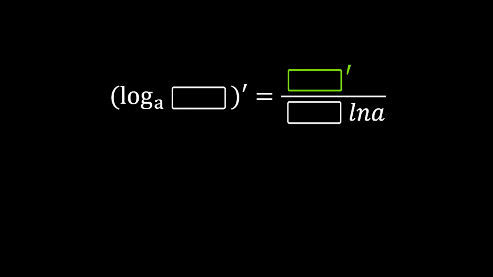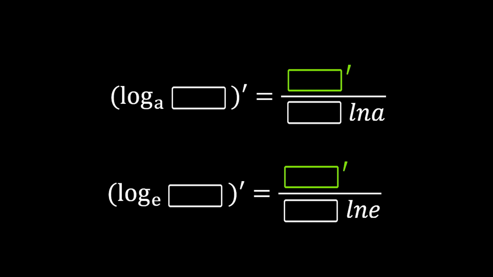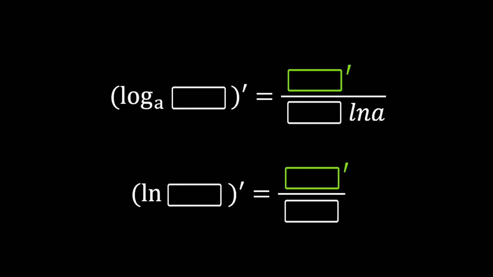Why don't you try substituting a with e? Let's replace the a on the left and the a in the denominator with the natural constant e. Log with base e becomes a natural logarithm, and ln e equals 1. Therefore, the formula can be simplified like this. Similar to the differentiation of the exponential functions in the previous video, I have introduced the term ln a to demonstrate a consistent method of differentiating logarithmic functions with any base value.